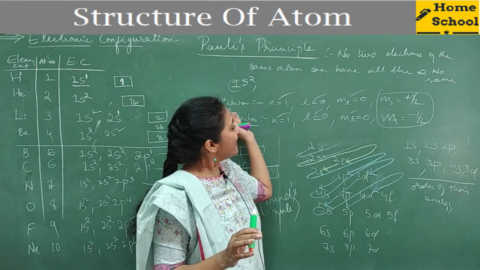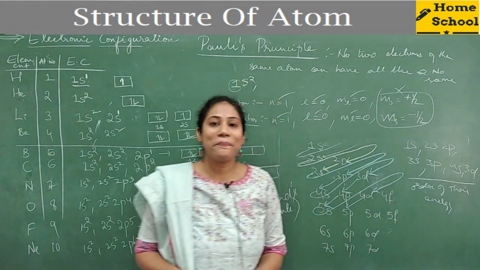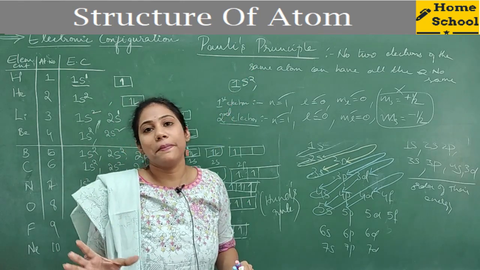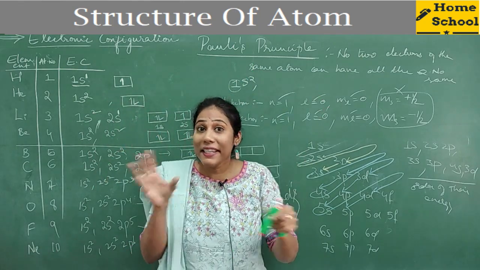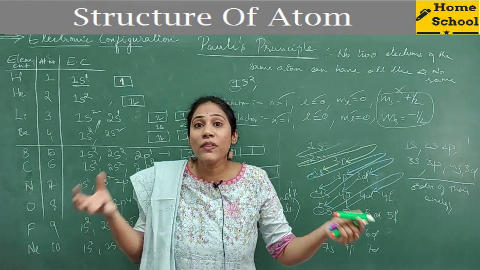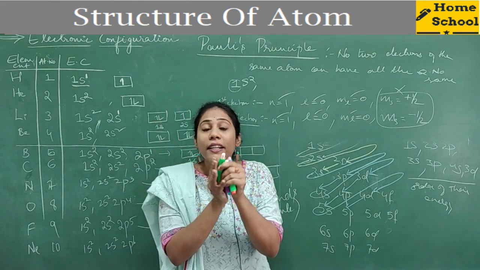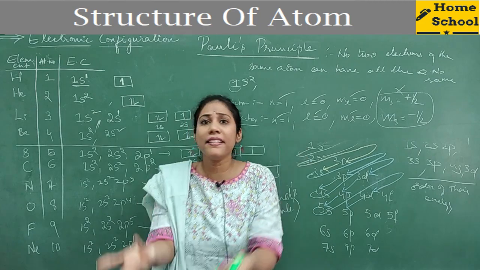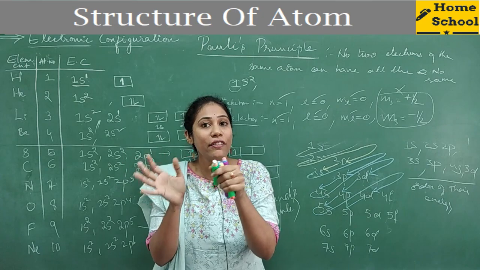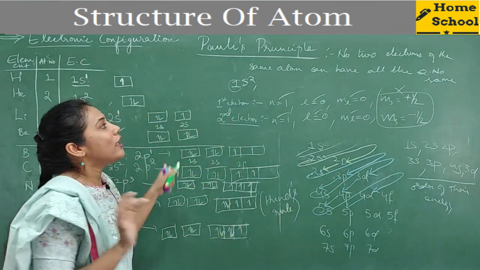Okay, so they can have at least 3 quantum numbers same, but they cannot have the fourth quantum number same. Okay, so that is the meaning of Pauli's exclusion principle. No two electrons can have all the quantum numbers same. Okay, any two electrons, if you take, which are staying in a same subshell, will not have all four quantum numbers same. Three quantum numbers can be same for both of them, but the last quantum number will be different, definitely. So this is what we call Pauli's principle.